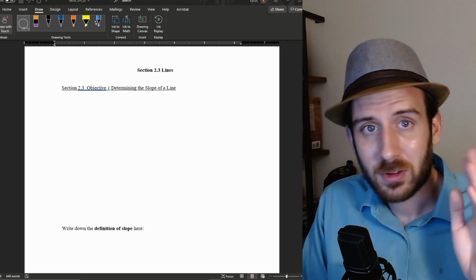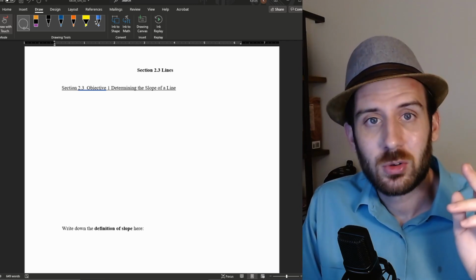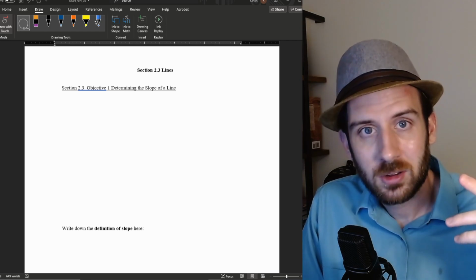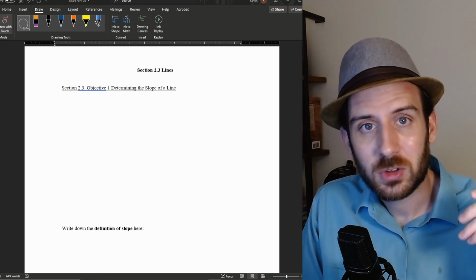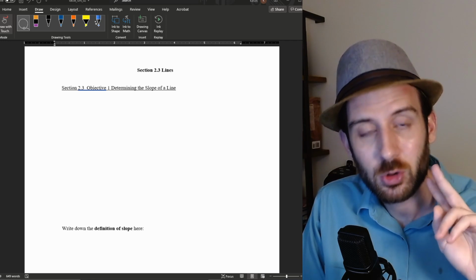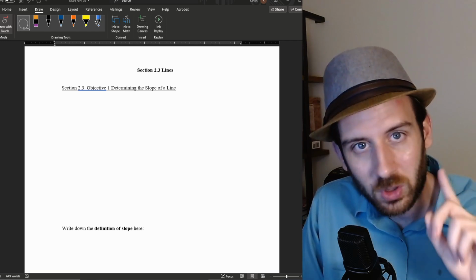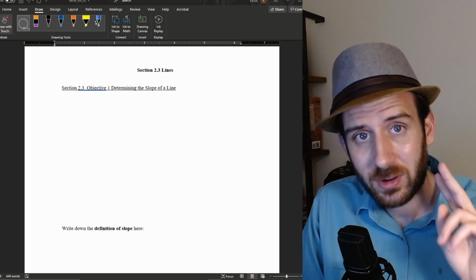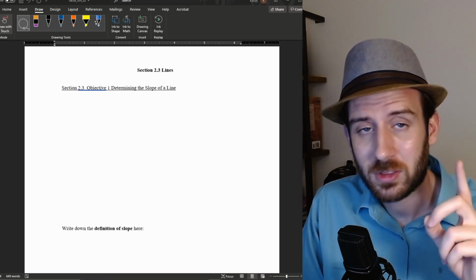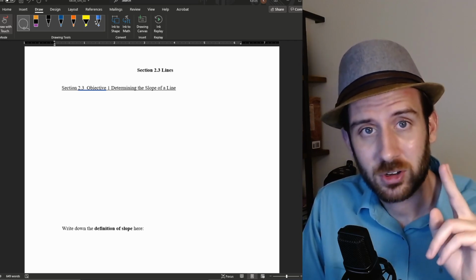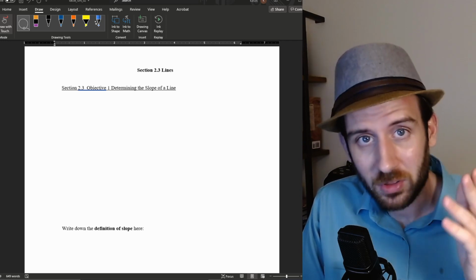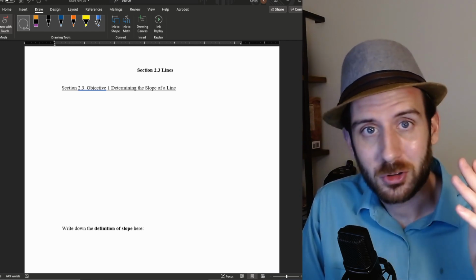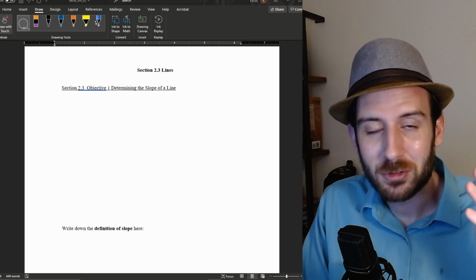In fact, as a fun little riddle, if you were trying to describe how to build a wall to somebody, similarly, you would only need to have two pieces of information. You just need to have where at least one of the bricks is going to be laid for that wall. And the second is that you need to have a direction. And if you have a point that that wall is going through and you have a direction, you will be able to build the wall that you're specifying. That is, of course, assuming that it's just like a line and that it goes on forever and ever in